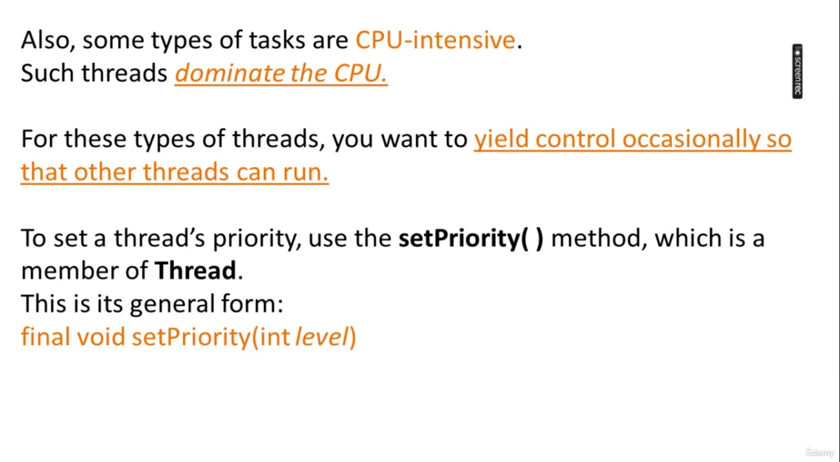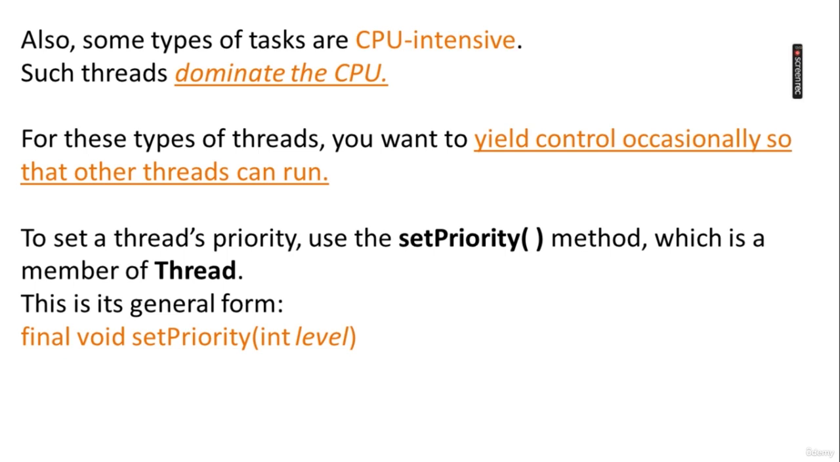Also, some types of tasks are CPU intensive. Such threads dominate the CPU. For these types of threads, you want to yield control occasionally so that other threads can run. So, working environments are not the same. In some non-preemptive systems, some threads will still get a chance to run, but in other types of systems, CPU intensive threads will dominate the CPU. To not dominate the CPU, a thread should relinquish control occasionally